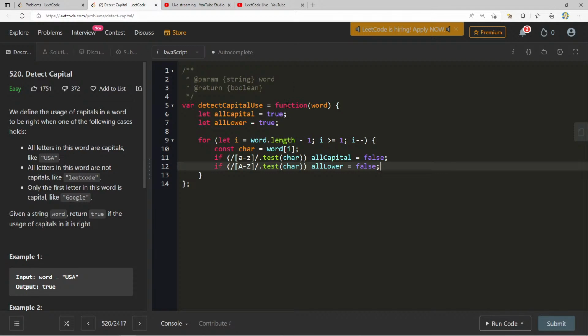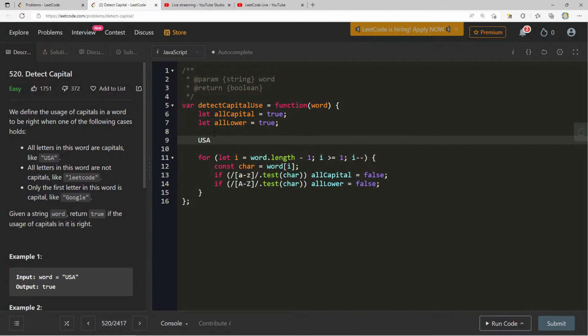So we could do something like this, right? Because let's see what this gives us. We're only going from the last one to the first one. Here, I can say all lower is false, still all lower is false. Okay, and then we just stop there. So if I get to U and I say all lower is false,